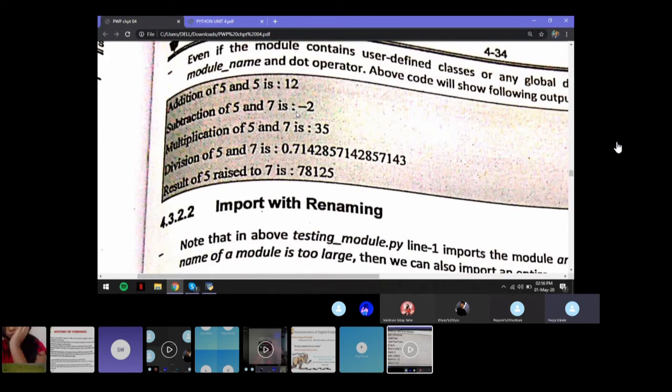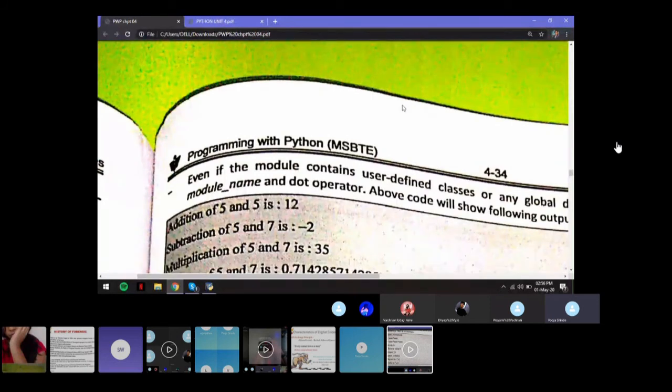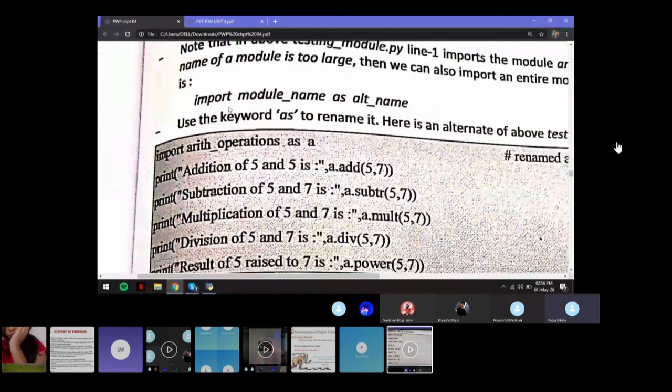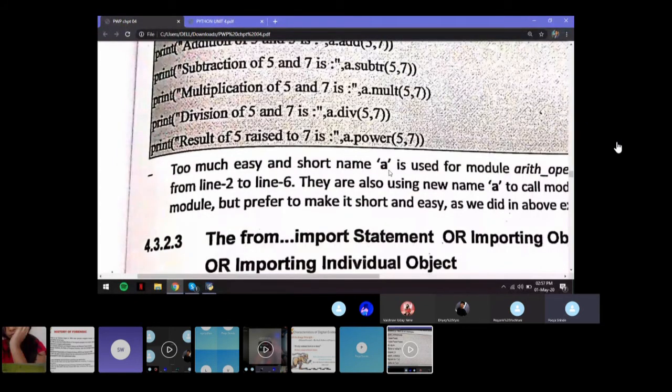Now if you find repeating this entire file name, arithmetic_operations, very lengthy to type, right? You can rename your module while you're importing. Okay, so let's see how you can do that. Here's the syntax: import module name as alternative name. So you'll do import arithmetic_operations as a. All you need to do is print, and then call the function directly, a.add, and pass the two values. The same answer again. The addition of 5 is 10 and so on. Okay, so that is a way to make it easier or shorter.